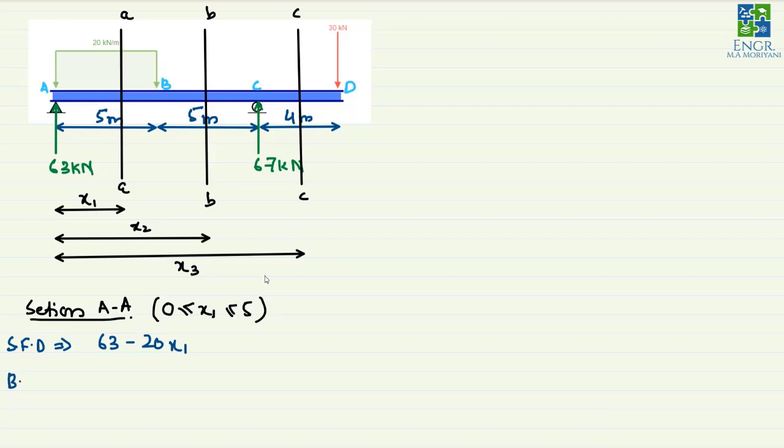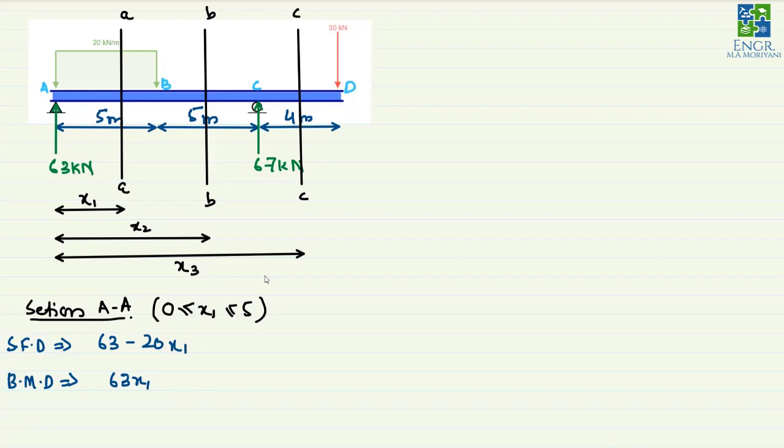And for the bending moment diagram, we will have to calculate all the bending moments generated by the forces which are to the left of this section. You can see that there are basically two forces. One is 63 kilonewton, which is a point load, and the bending moment generated by this point load will be 63 multiplied by the moment arm. 63 is the magnitude of the force, and x1 is the distance from the point of application of the force to the point at which we are calculating the moment. So 63 should be multiplied by x1. So this will be 63 x1.